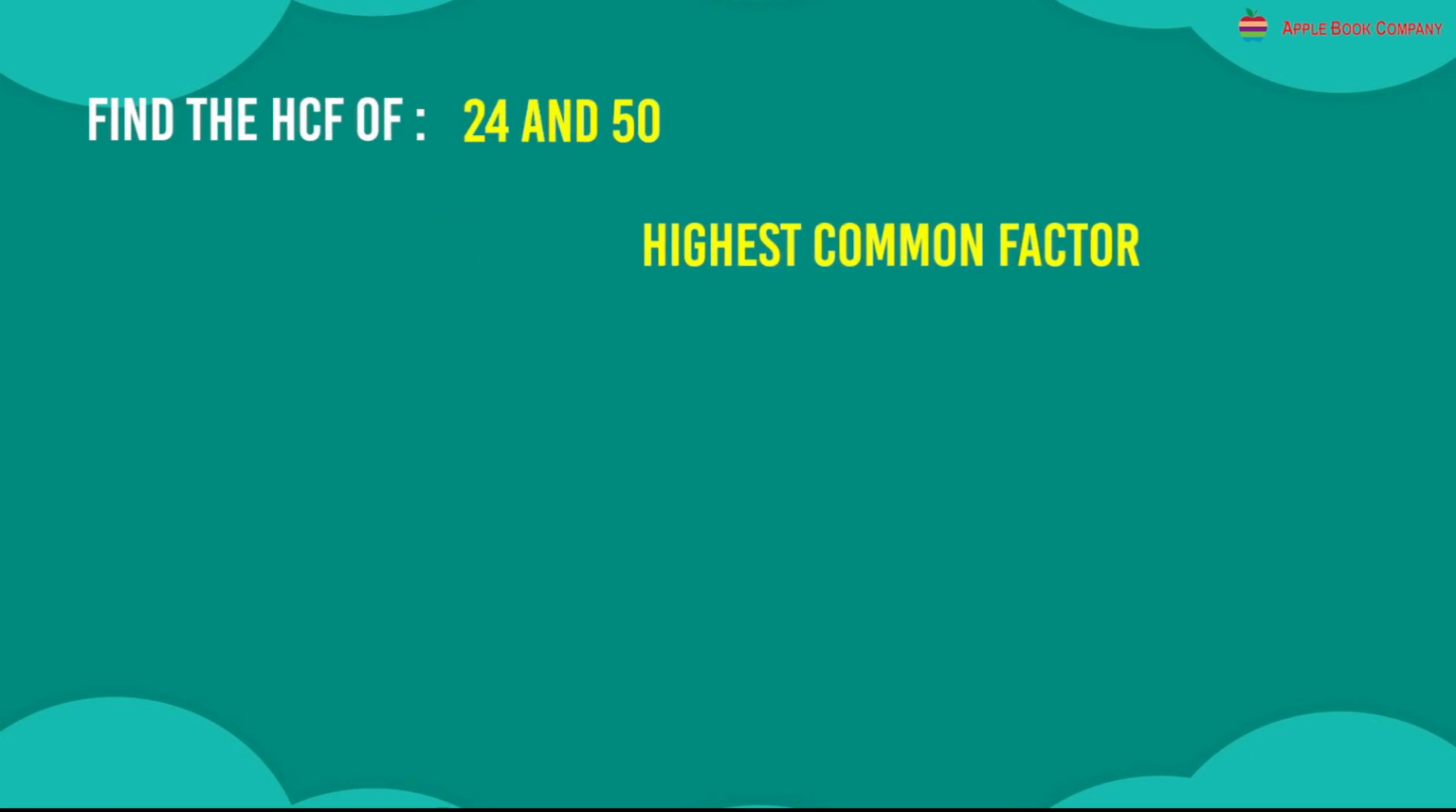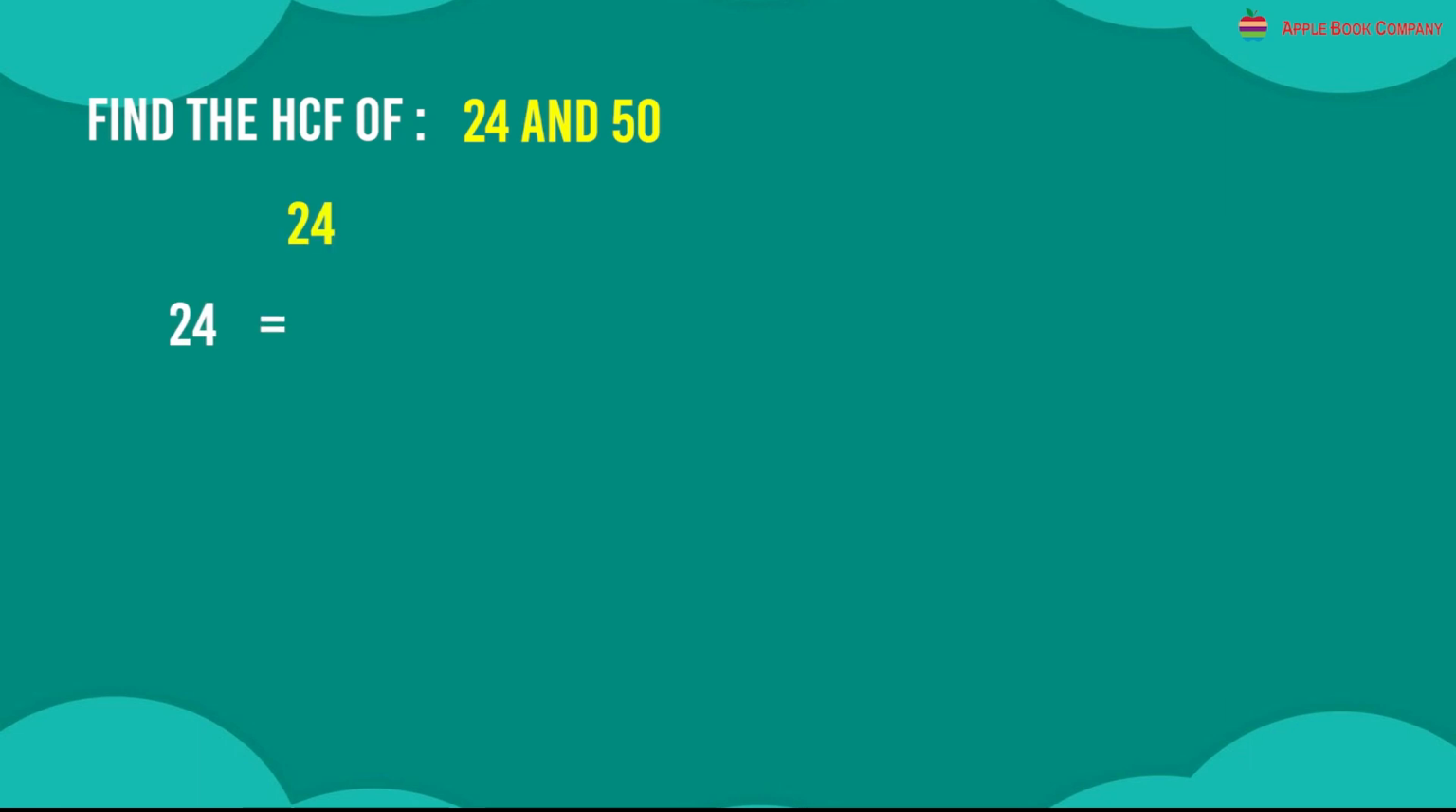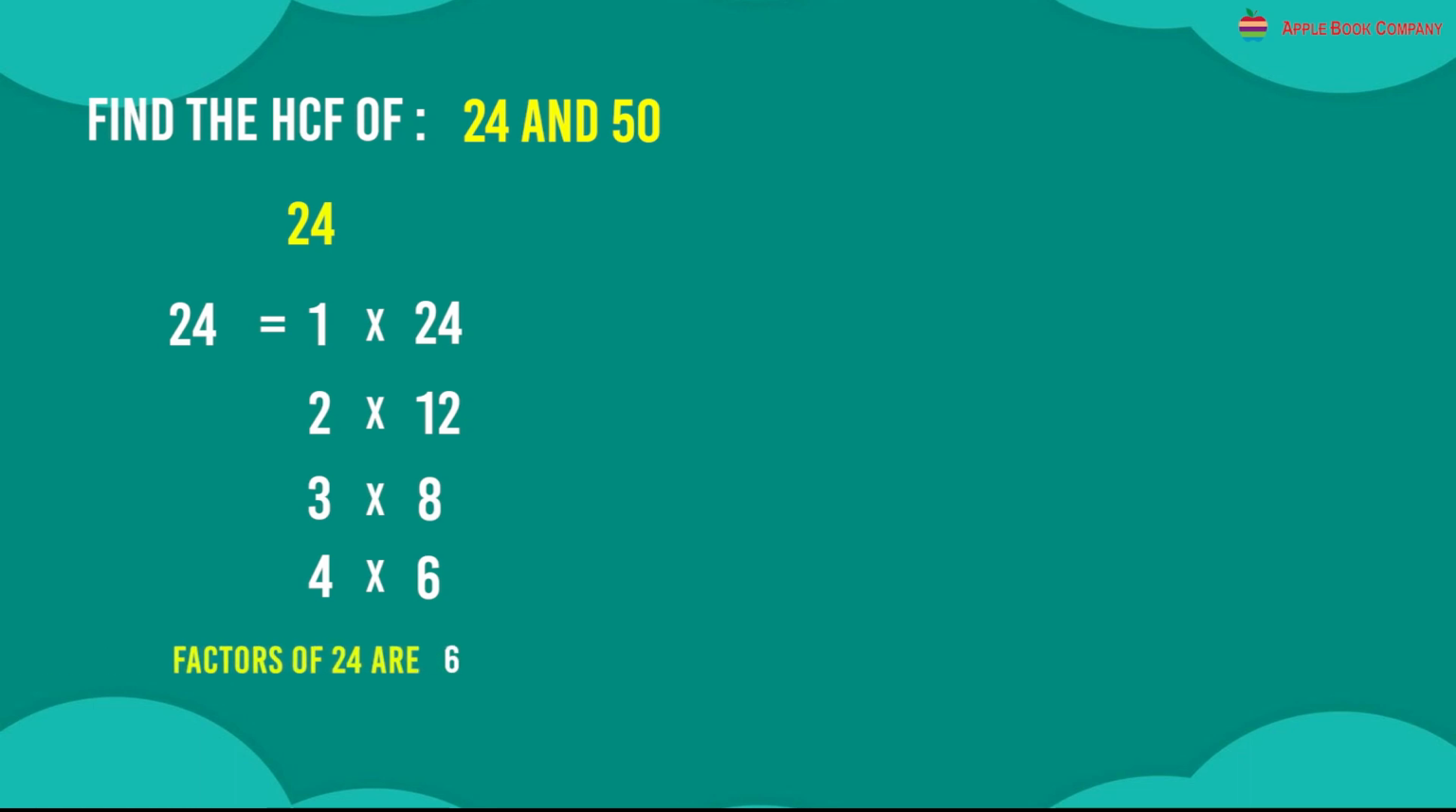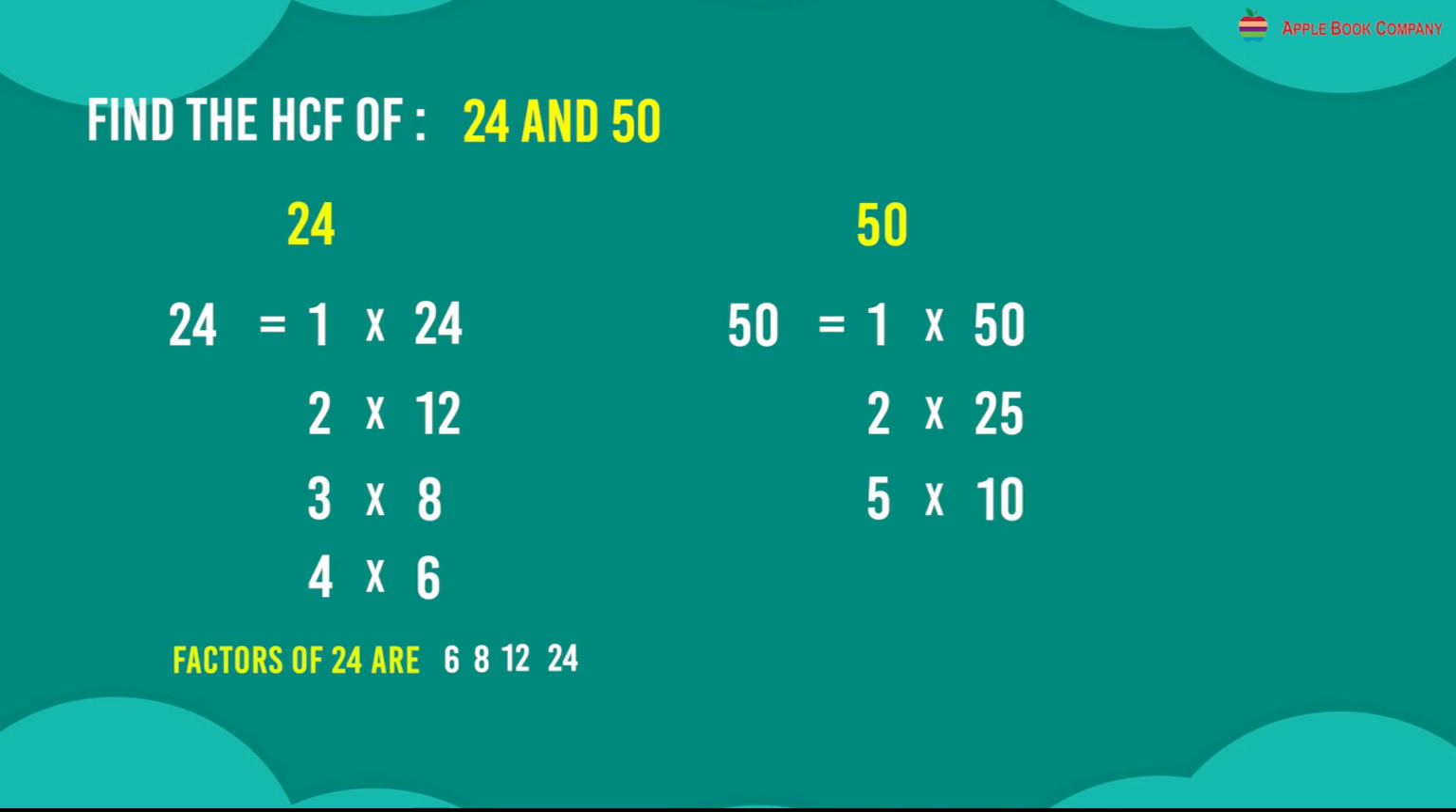Next one. Find the HCF of 24 and 50. HCF stands for highest common factor. Factors of 24. 24 is 1 times 24, 2 times 12, 3 times 8, 4 times 6. Therefore, factors of 24 are 6, 8, 12 and 24. Now let's see factors of 50. 50 is 1 times 50, 2 times 25, 5 times 10, 10 times 5. Therefore, factors are: